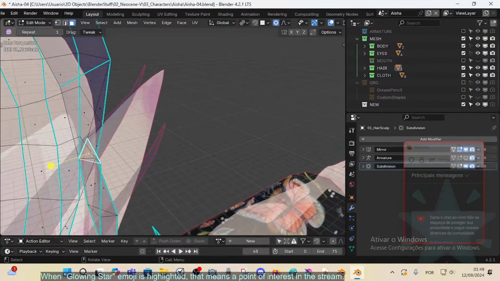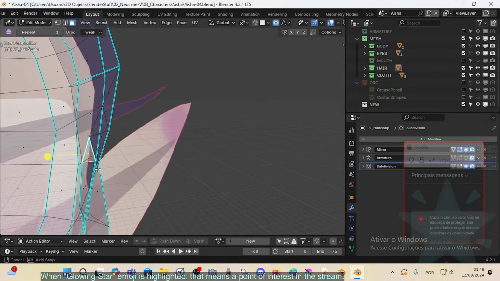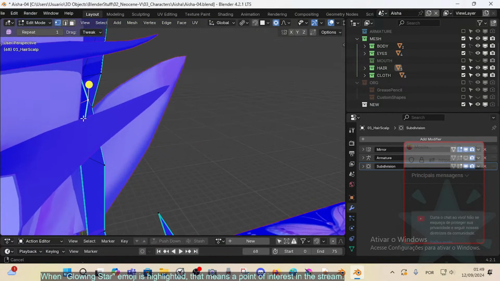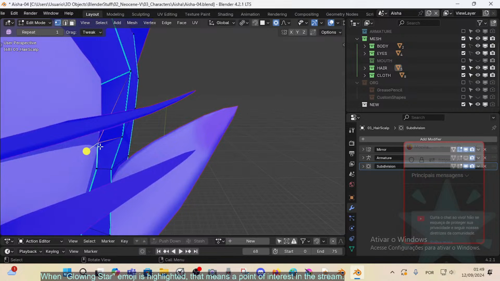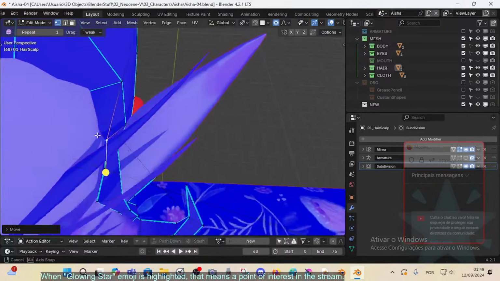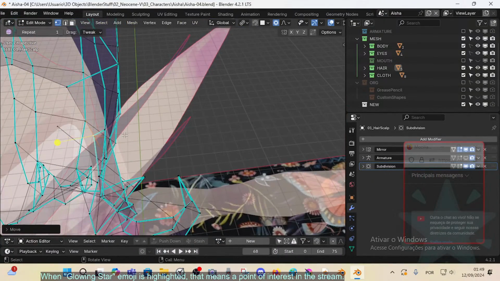It's just bizarre. There's this triangle. Let's see again. Oh, I see. This is an inner part. All right. And what happens if I pull this? There's still a face there. Oh, I see this one. All right, this goes